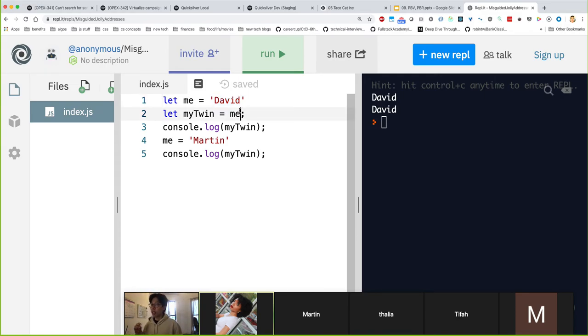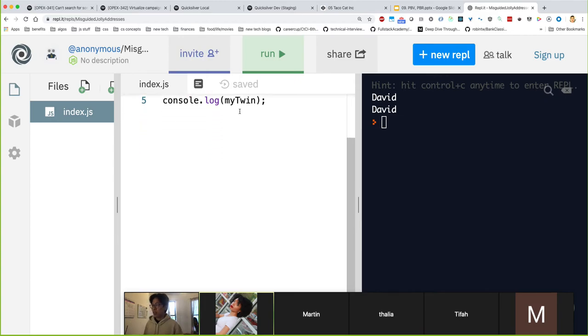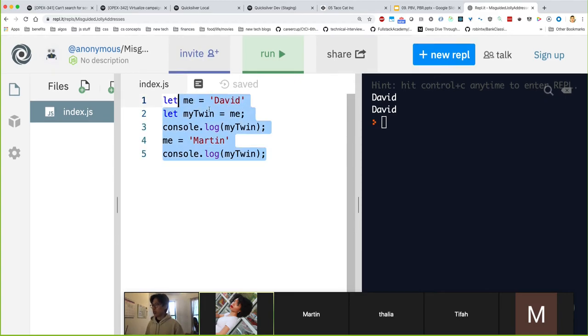So it'll make a copy, like when you're at a copy machine and you're making a copy of two packets, right? Now you can mark up one of them and the other one still stays the same, because you've made a copy in the copy machine. And making a copy of primitives is really easy for the computer to do because it's not a lot of data. But once I do